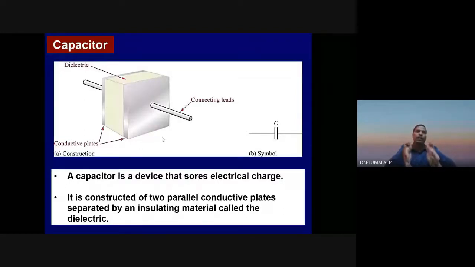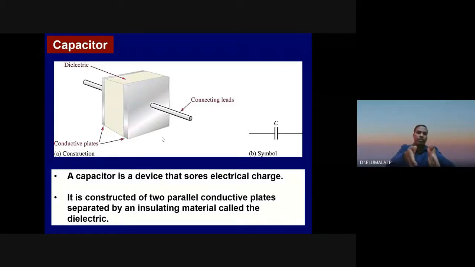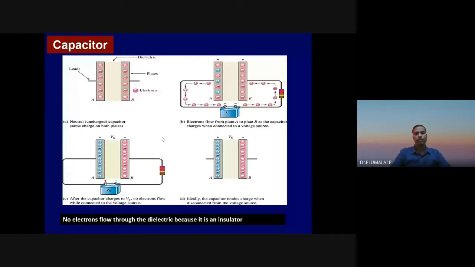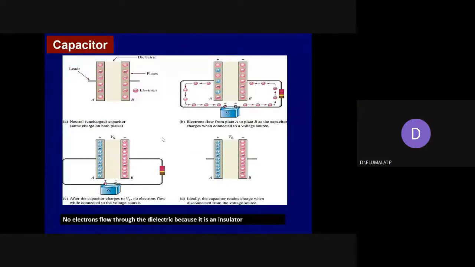The simplest dielectric matrix or insulator is air. Depending on the type of dielectric material that you have between the parallel plates, it is possible to tune the charge that can be stored in this device. A separate field has evolved with this: how the charge is held, how the energy is stored in the capacitor, parallel capacitor or condensers.